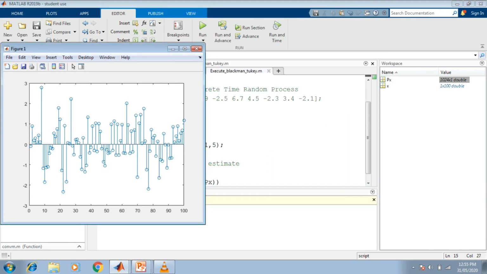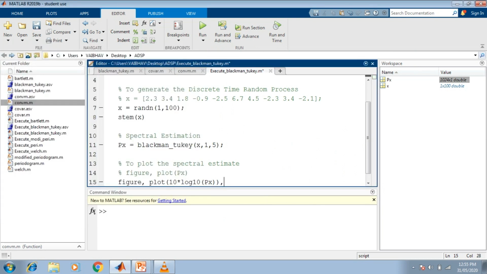For this window as well, we can label it.